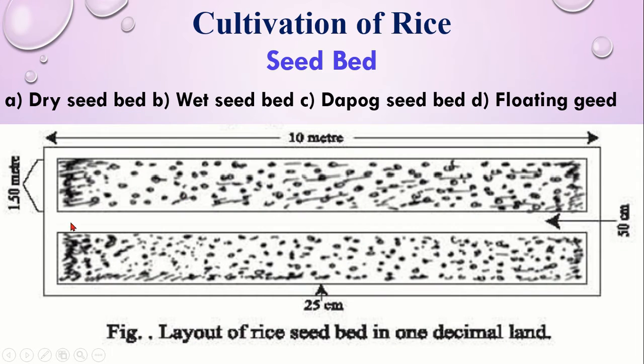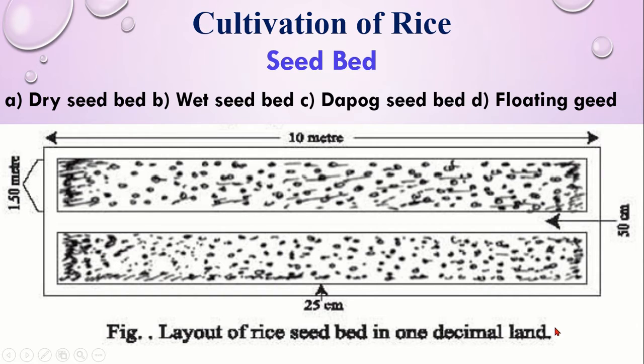So this is the layout of an ideal seed bed. You see here the distance between the seed bed and the bank is 25 centimeter. That means you have to leave 25 centimeter of space here, which is used as a canal. In between 2 seed beds, the space needs to be 50 centimeter, and the width will be 10 centimeter, and one seed bed will be 150 meter. This is the ideal seed bed, but it is not mandatory to follow it in every place. Even in our country, not every farmer follows this type of measurement, but this is the ideal layout